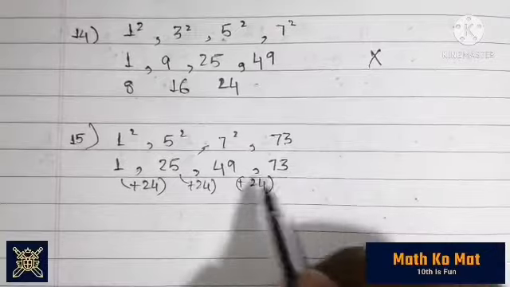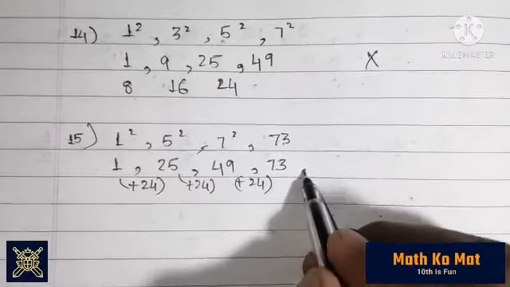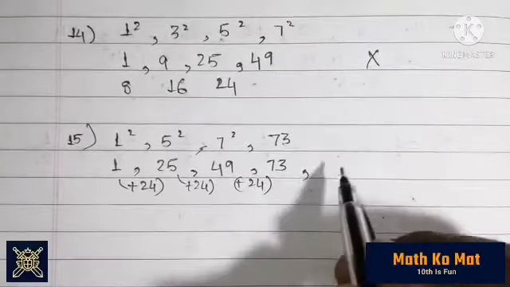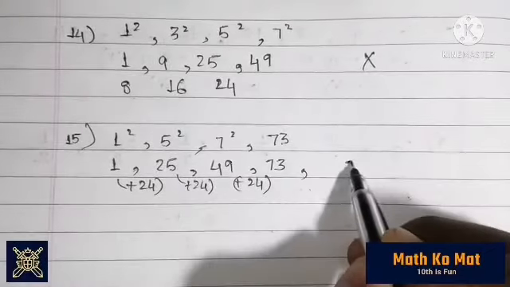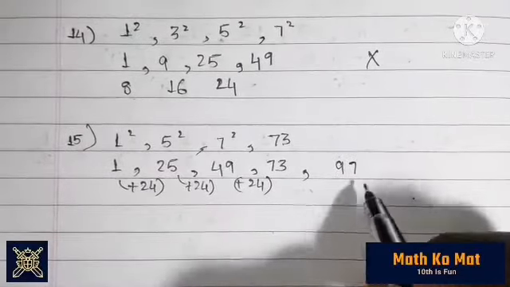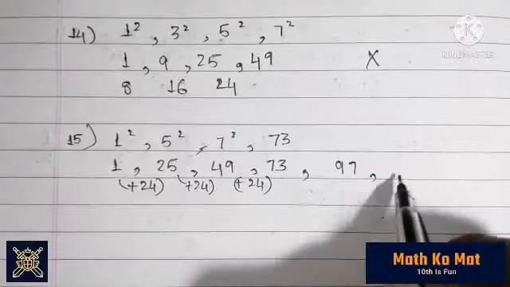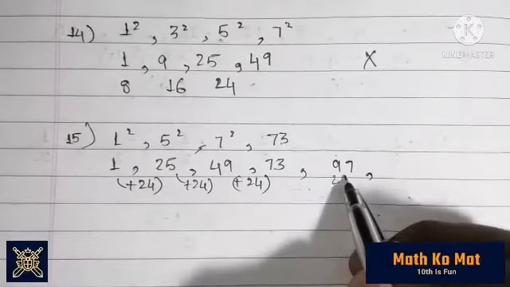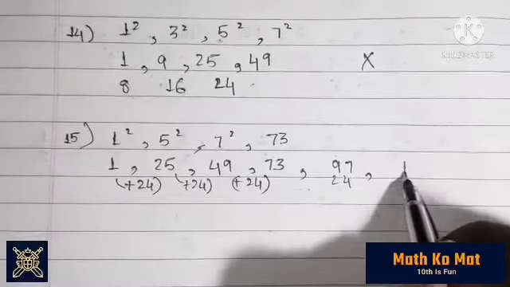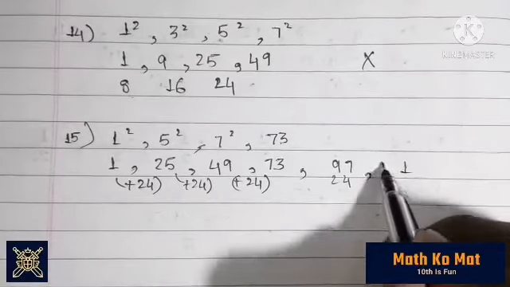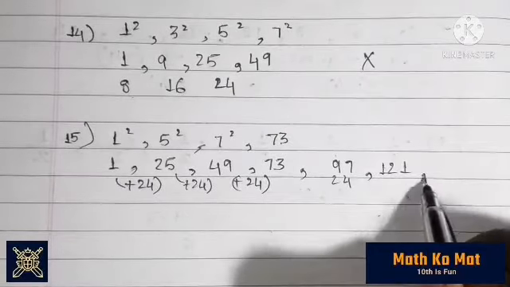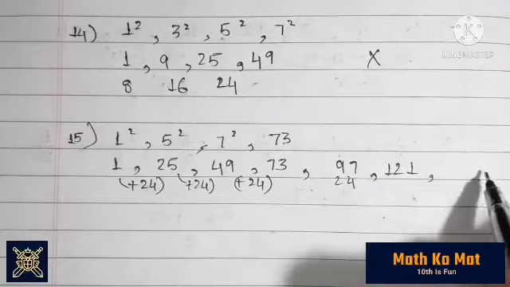This means that it is an AP. So now you can write all the next terms. 73 plus 24, 97. Similarly, you can write the next term as 97 plus 24, 121. And the next one would be